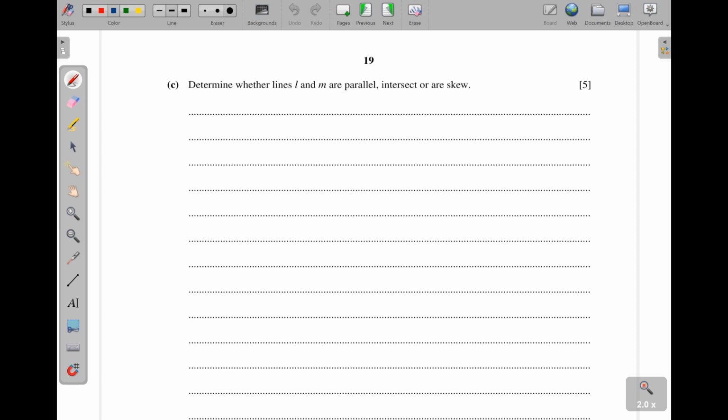So the directional vector of L is (-1, 1, 2). And then the directional vector of M is AB. We have seen it as (5, -3, 2). Okay, so this one cannot be expressed in terms of this one. So that means these are not parallel lines. Okay, not parallel